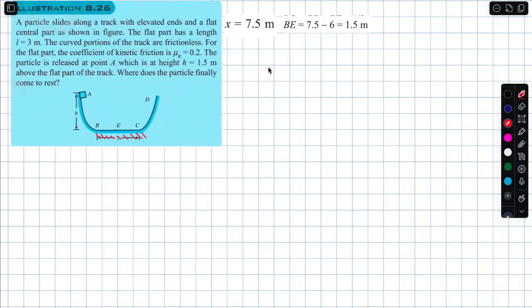Right, no issues. You release it from A. Let us do the work like this. A to B, what is the picture? At A, you have total mgh potential energy. At B, all that is in the form of